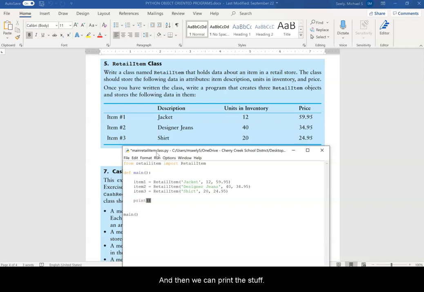So then we can print this stuff. The list of available items is displayed below. Item 1.get